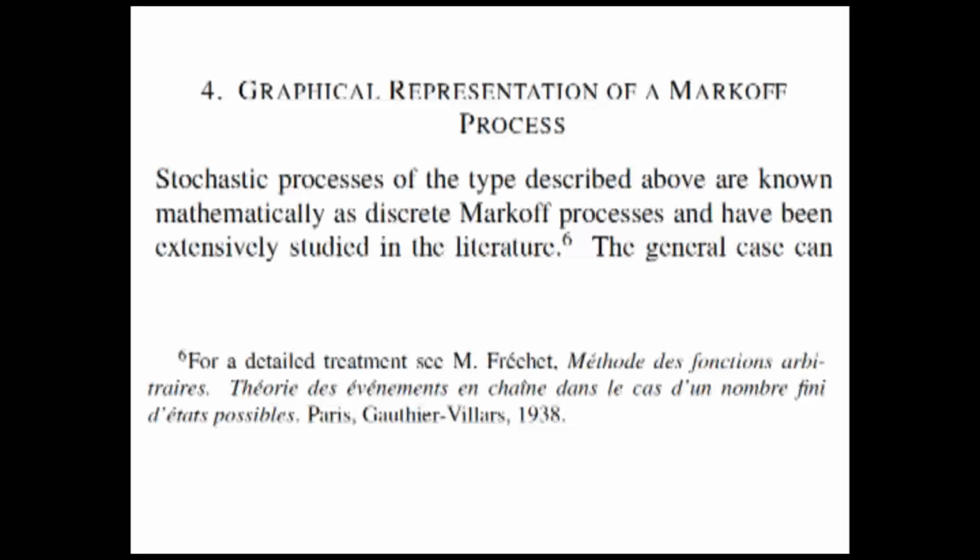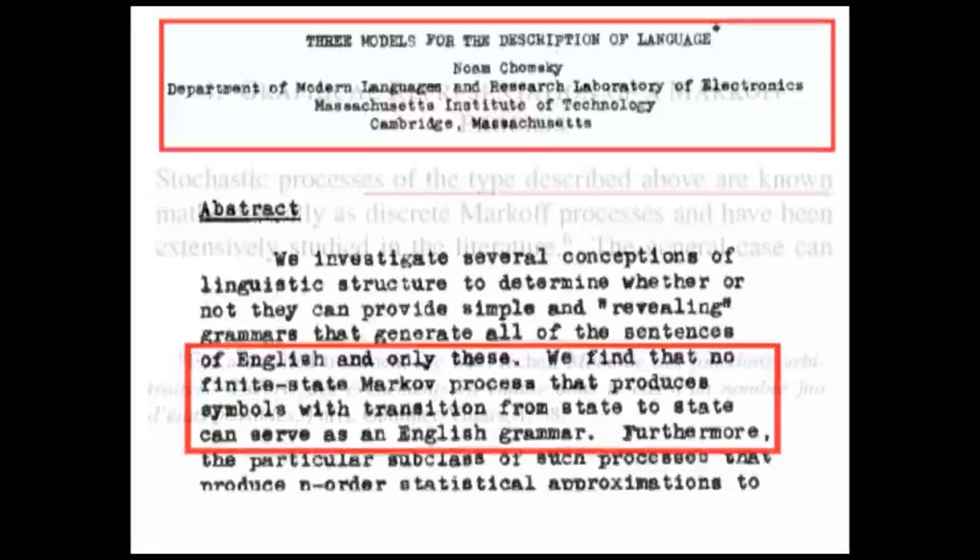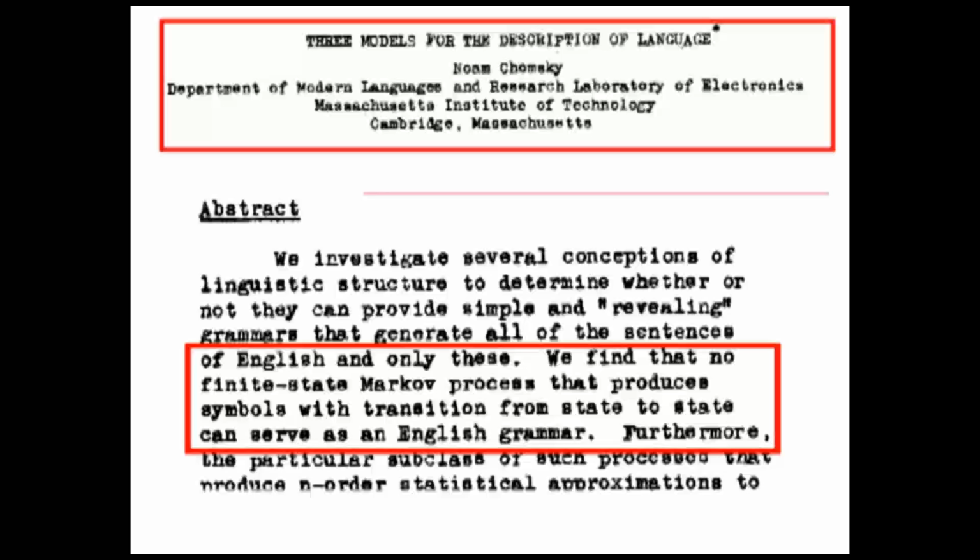All right, so then he goes on to say, look, what we really were doing here by looking at a finite history of the process is really the Markov process. Okay? He uses the French spelling of Markov, and in fact, this is a paper that appeared in 1956 by a young man from MIT, Noam Chomsky, who is, of course, the father of modern linguistics. And this paper appeared in the Information Theory Transactions.